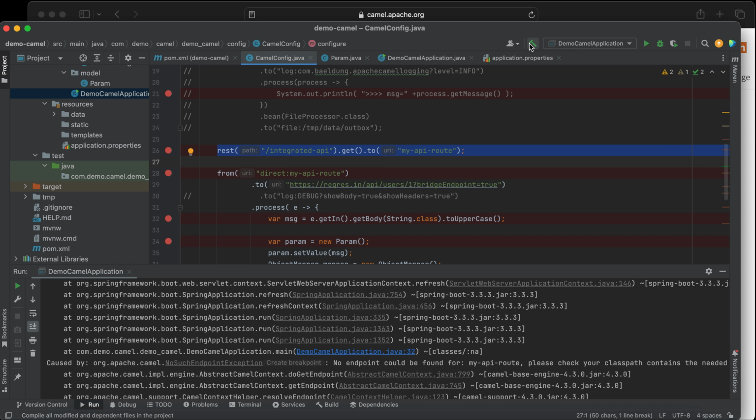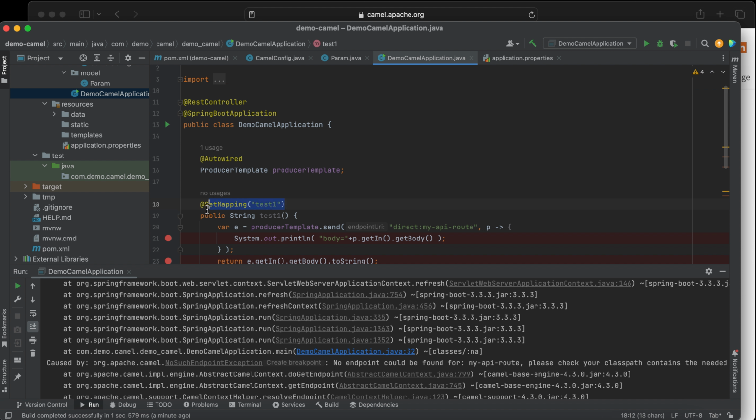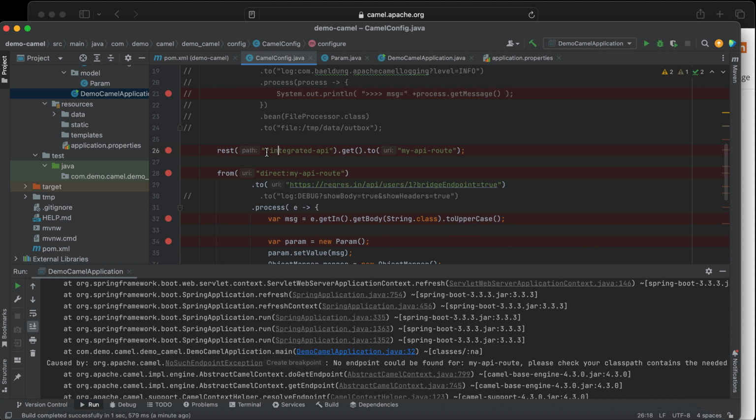So instead of using this endpoint, which is specific to Spring Boot, I will be using another, a new endpoint, which is this one. Maybe we can call it integrated API. This is specific to the REST Camel library. Okay, so for this one, for REST and for REST Camel API, or this library or method, should I say method,